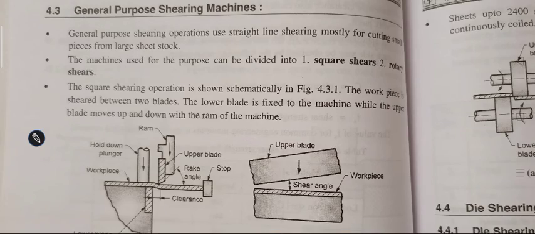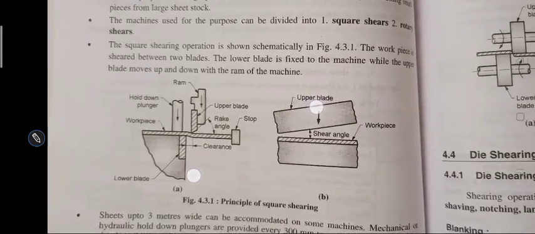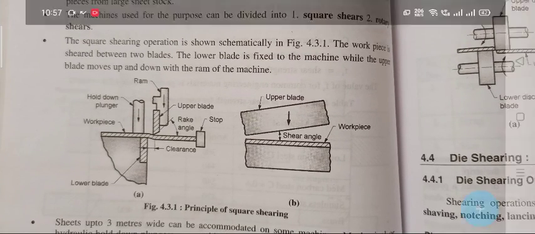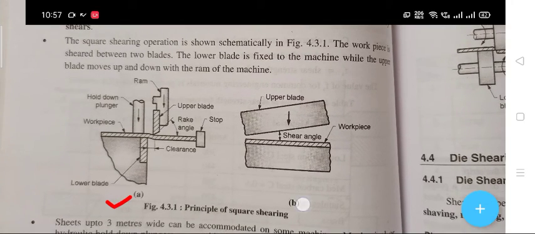As shown in diagram, figure A and figure B. In this figure A, there is a diagram. Figure A indicates the diagram. There is a ramp position. This one is the hold down plunger, and this one is the workpiece,